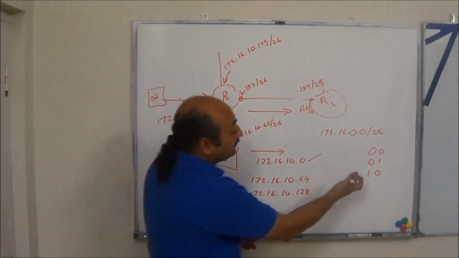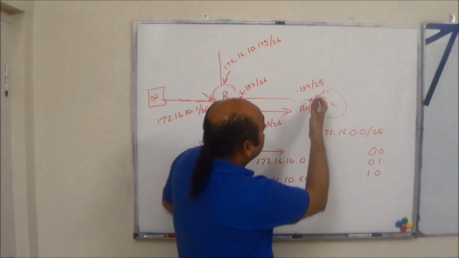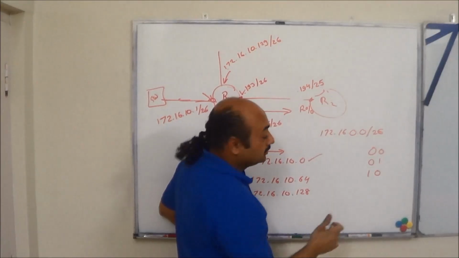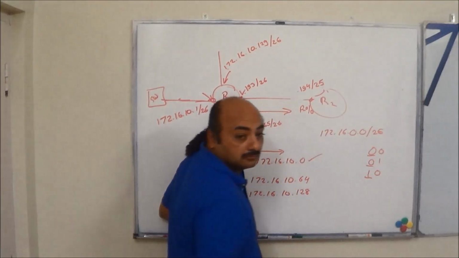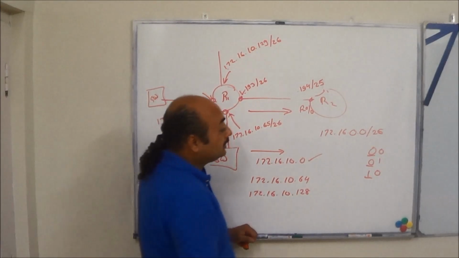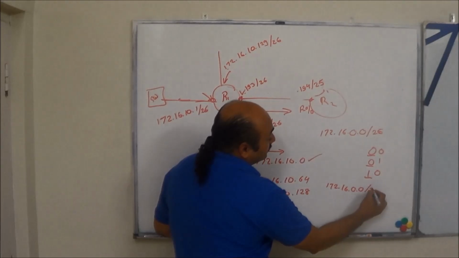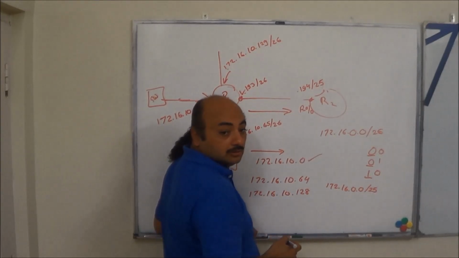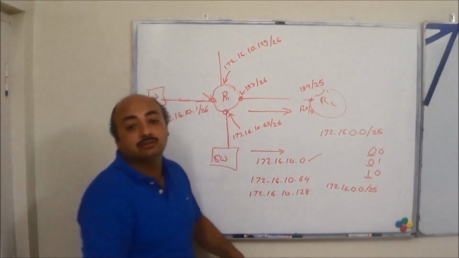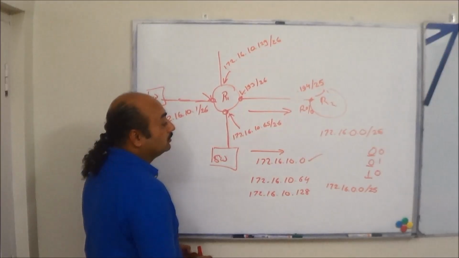This was working fine because 2 bits were borrowed in /26. They all were considered. But now we have reduced this router's interface subnet to /25. That means only 1 bit, so we have to consider only this bit. So what will it say? 172.16.0.0/25 is subnetted. And how many subnets? Two subnets. Which ones? 0 and 128. Get the point? That is how it is. Is this clear?